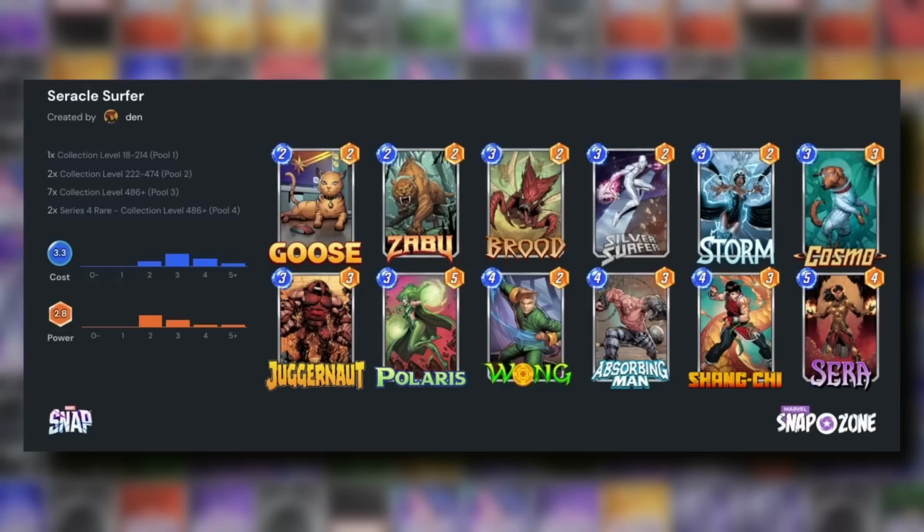Silver Surfer is another proactive strategy which came back after the balance changes. Silver Surfer, similarly to Discard, felt finally playable again when Leech wasn't quite as oppressive in the metagame. For the first week, this hybrid list with Zabu and the trio of 4-cost cards was the best performing one